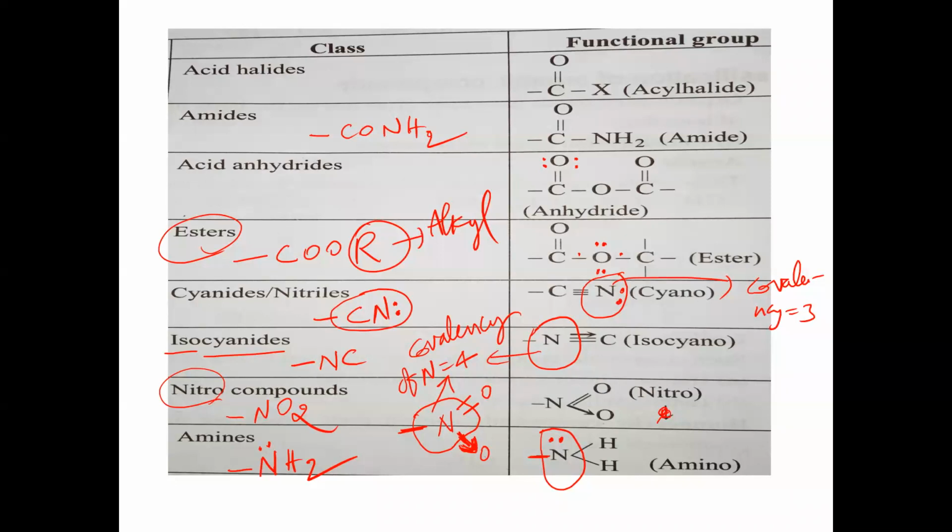And remember that a functional group gives specific characteristic properties to a given organic compound. Every organic compound has its own chemical properties due to the presence of a particular functional group. The functional group decides the chemical nature, the chemical behavior of the organic molecule. That point we have to understand.